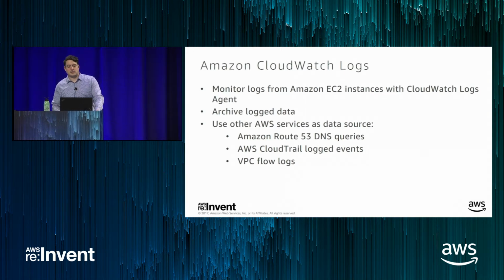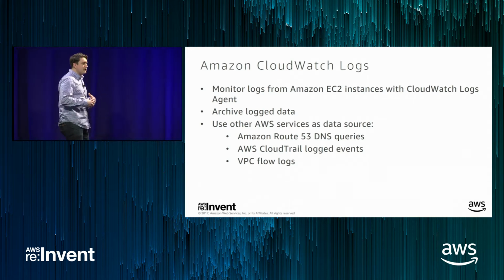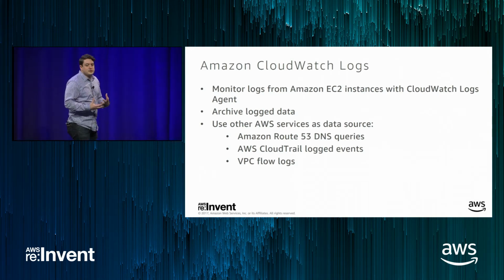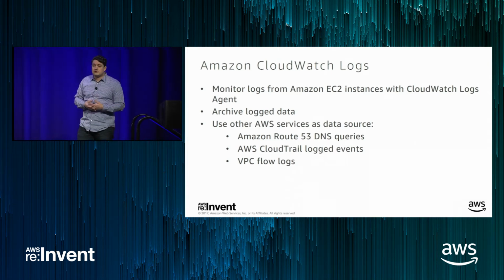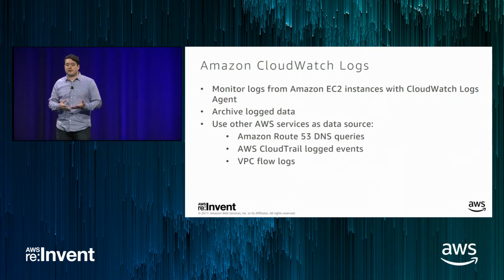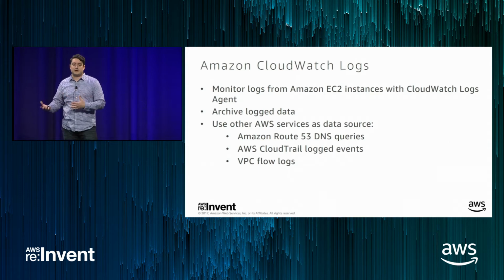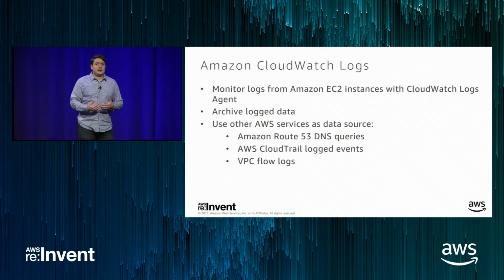So CloudWatch Logs. The third point is one of the ones I brought up that's quite powerful. It allows you to use other AWS services as a data source. So VPC flow logs, but also AWS CloudTrail log events, Amazon Route 53 DNS queries. You can also set up your own custom logging infrastructure to send data to Amazon CloudWatch Logs. It also archives your log data, and there's some analytics